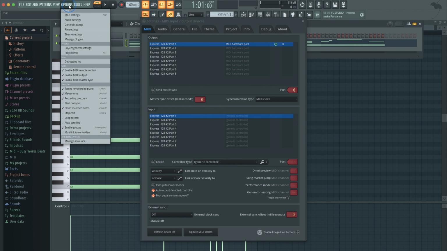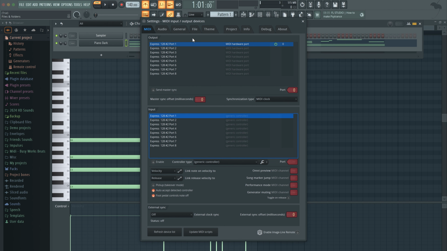All right, so I plugged up my MOTU, I think it's called the Express 128. Basically, I can plug a MIDI interface, it's called, into my computer. And my computer can send out MIDI signal, the notes that it plays and the velocities that it plays. It goes to the MIDI interface, and then the MIDI interface sends that signal to my real keyboards, my hardware keyboards that I have in real life. Those hardware keyboards have 1/4-inch outputs that are plugged back up into my audio interface, it's called. And then it triggers the keyboard to play real audio, and then I record the real audio into my DAW.